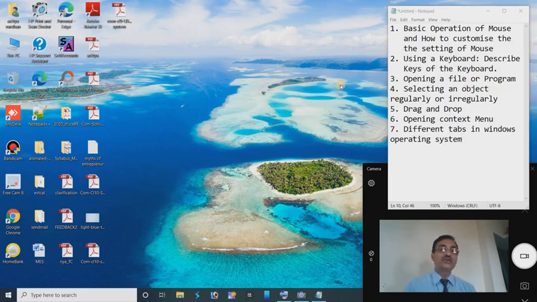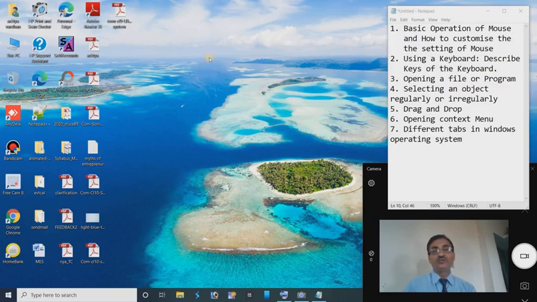Students, basically you all know the mouse is a pointing device. You will see a pointer present on the desktop, on the screen, and this pointer is moved by moving the mouse on the mouse pad. So this is the mouse pointer.